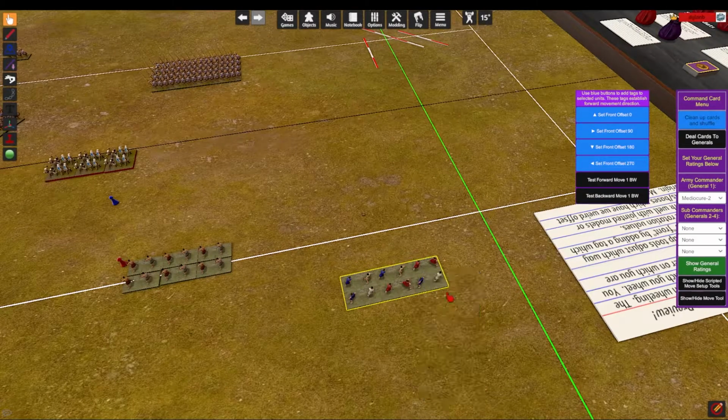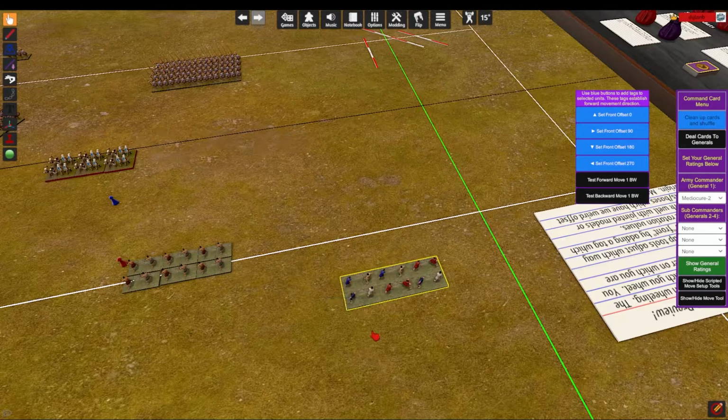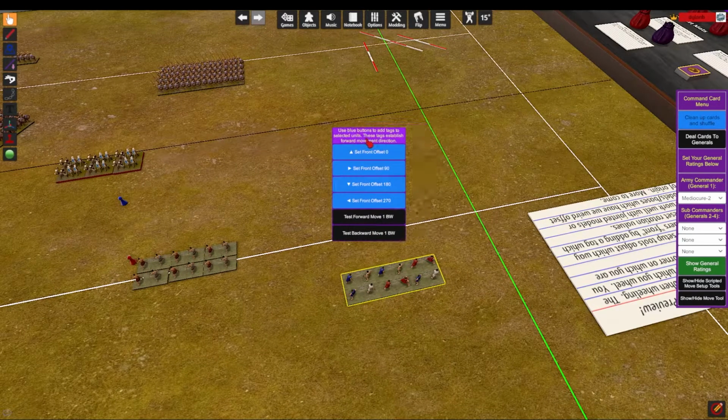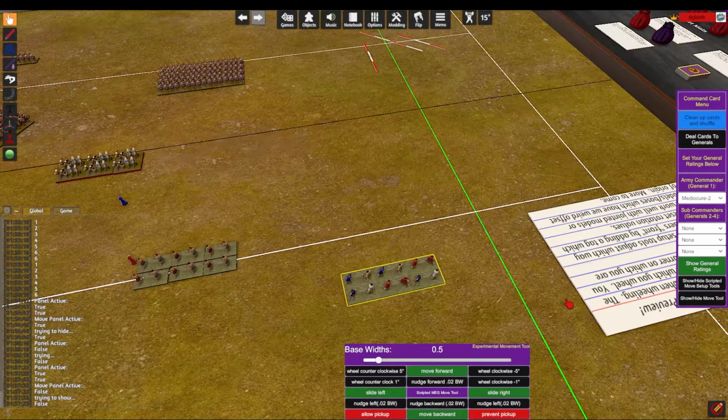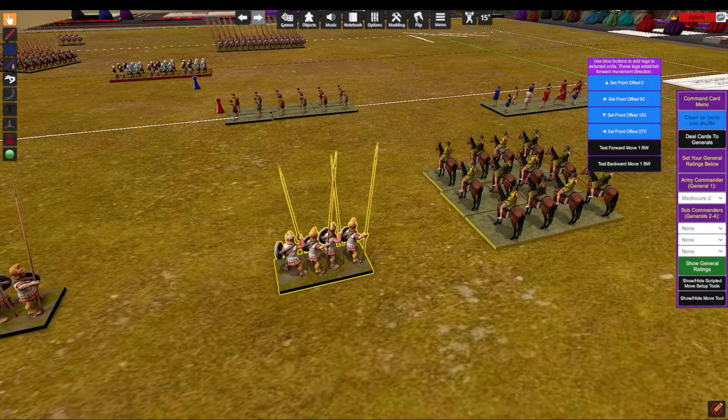If you're using this tool, don't go in here and delete the tags or change the tags or anything like that. Leave it the way it is, and everything will work out for you. After I'm done, so the idea here is that I use this to set up my army to test their movement backwards, forwards, and then I can hide this and then get out the movement tool, and I'm ready to go at that point. You may find models and bases of models that just don't move right, or you may